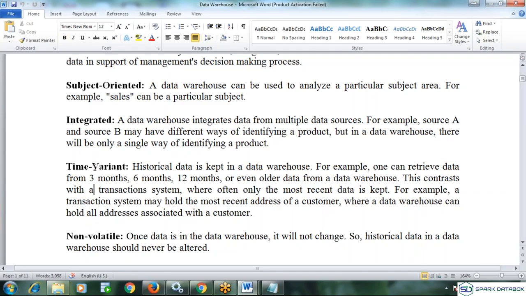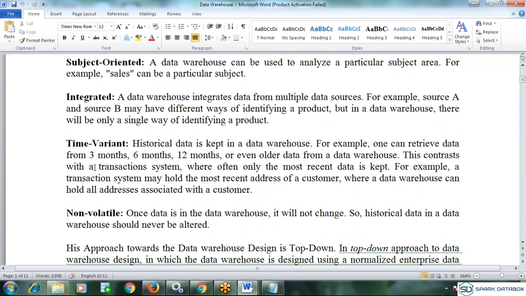And non-volatile. Your data warehouse is non-volatile. You are not supposed to change it, only through the proper channel. That proper channel is ETL. Only through the ETL process do we do inserts and updates. We don't delete any history data. We are not supposed to run a direct update query on top of your production. That needs to be done through the ETL process only. If you want to change anything, go through the ETL. That is the prescribed way.